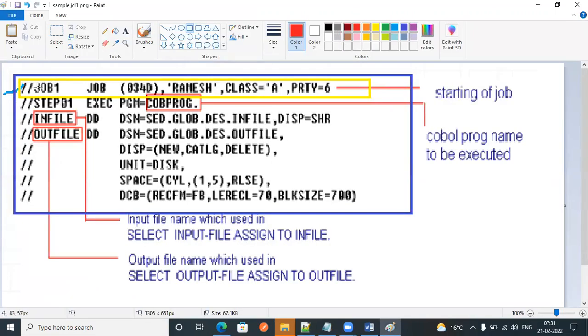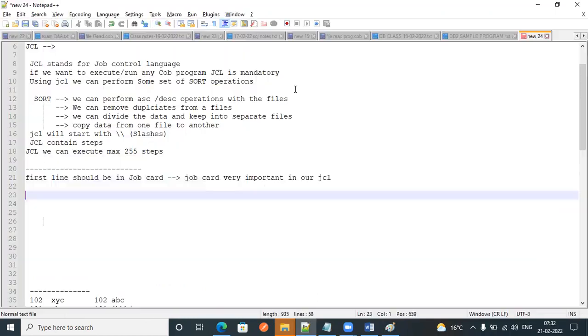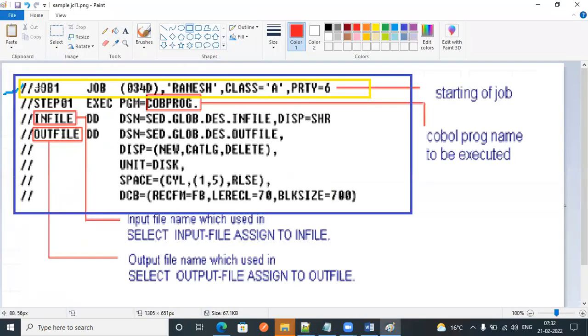The job card contains job name and parameters. Next, job name. Here, job one is the job name.